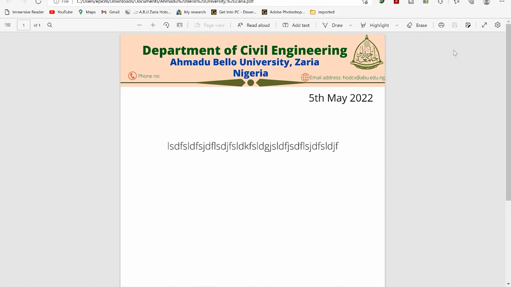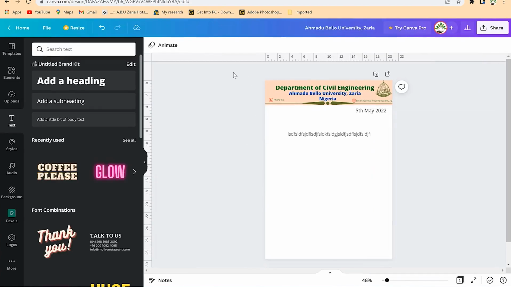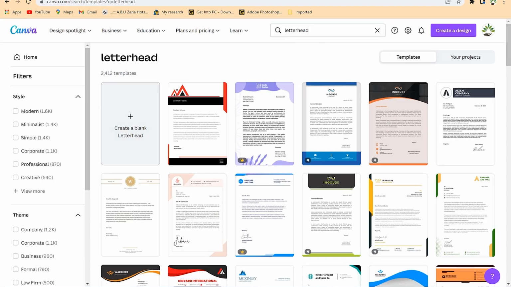So this is about letterhead in Canva. Okay, how to design letterhead from templates and from afresh, using your own creativity. You can use your creativity to design for anything. So feel free to try it,